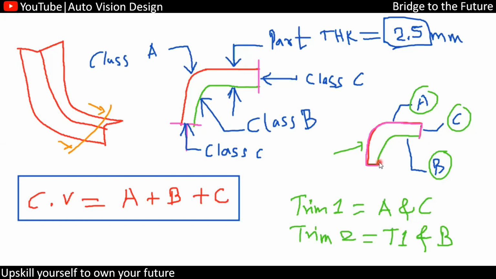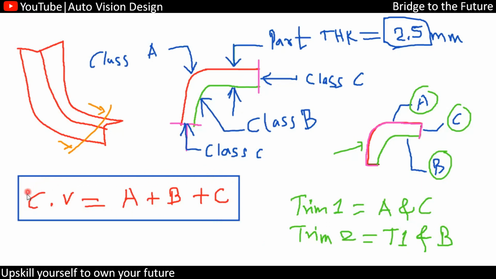In that case, what we need to do is again take an intersect. Where we have trim one to this B surface, trim is not possible, so you can take an intersection and then try to identify where exactly the surface is not going to intersect, and in that case check for this condition. Whenever we have the class A surface, it develops the class B and then the class C surface, then the closed volume. So any CAT test you have, the closed volume needs to be done first.